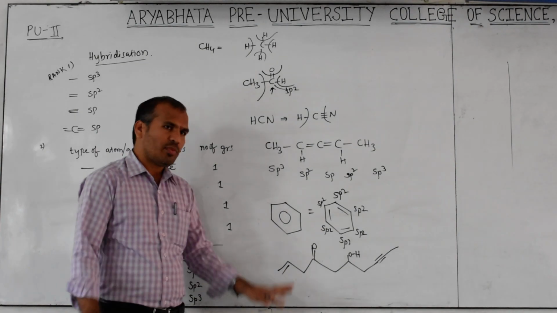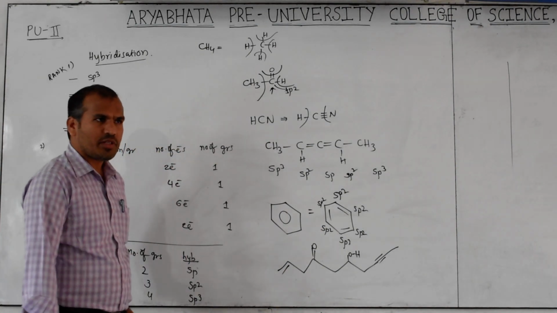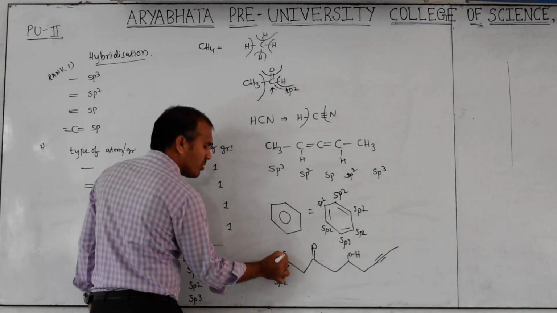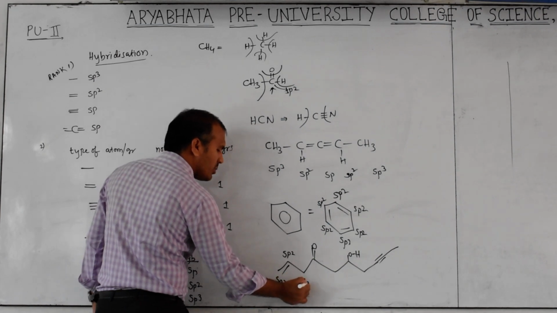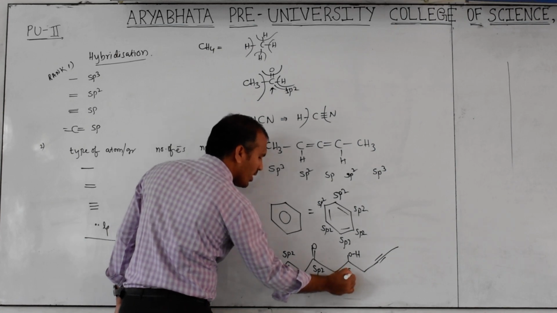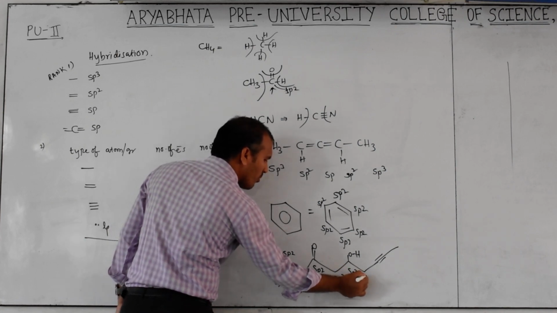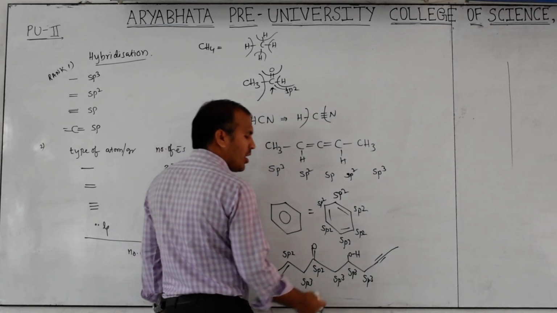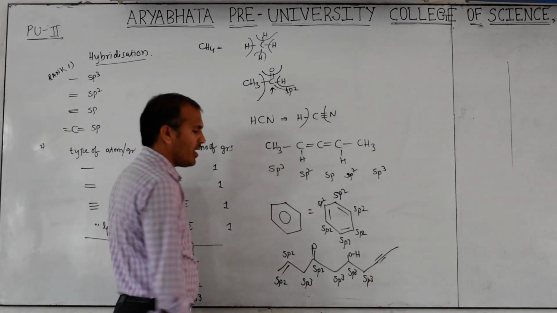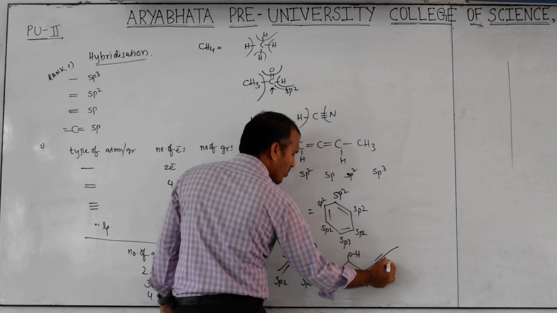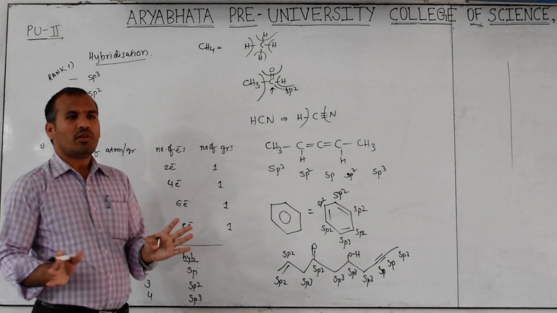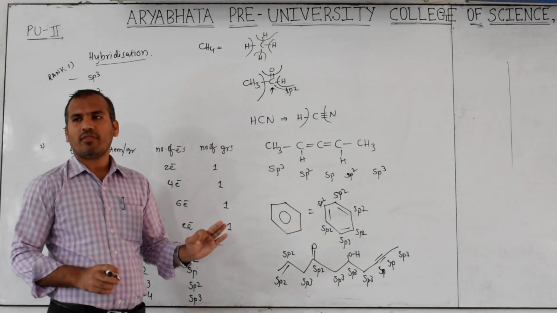Now find out each carbon's hybridization. What is the hybridization of this carbon? sp2. What is the hybridization of this one? sp2. What is the hybridization? sp3. sp2. sp3. sp3. sp3. Then how many carbons are there in this line now? Other than this, how many are there? Three are there. Then here sp. Here... So now, if any molecules like this are given, by using this shortcut you can easily identify the hybridization.